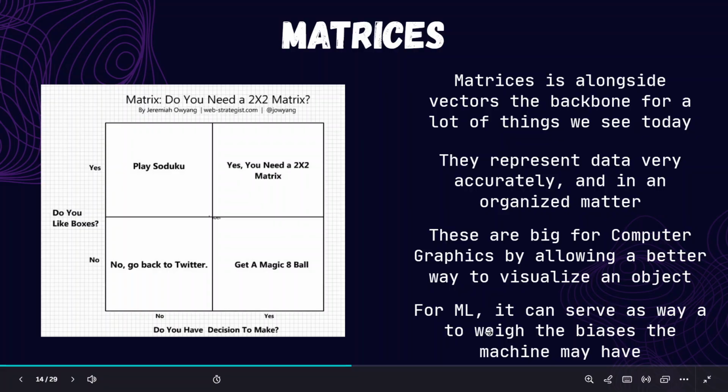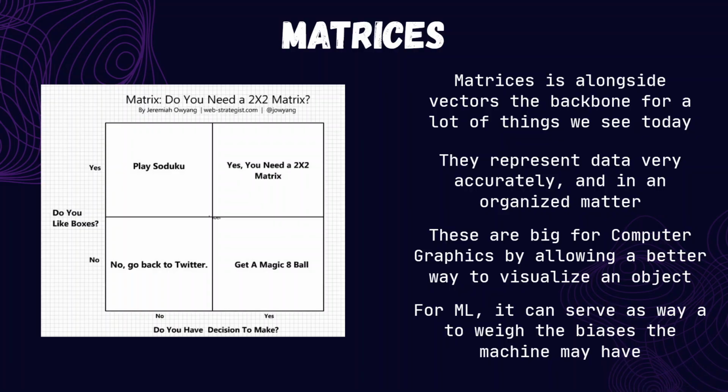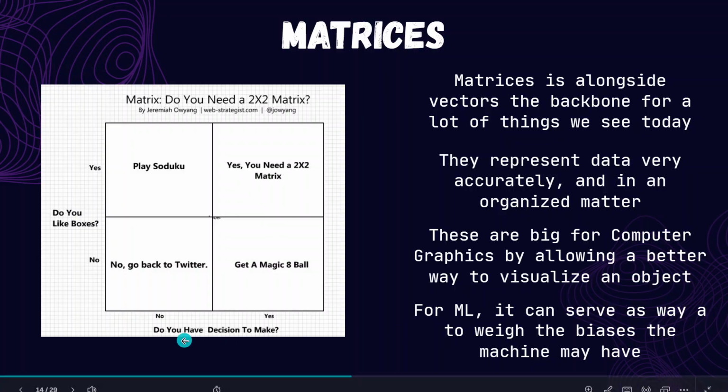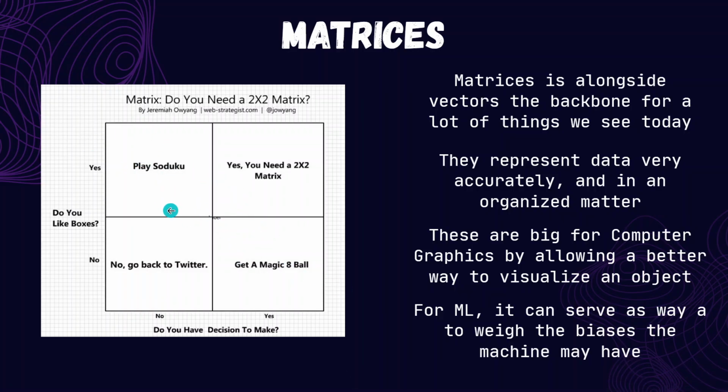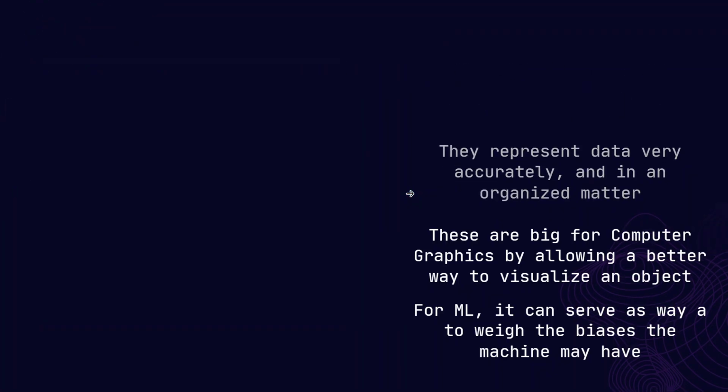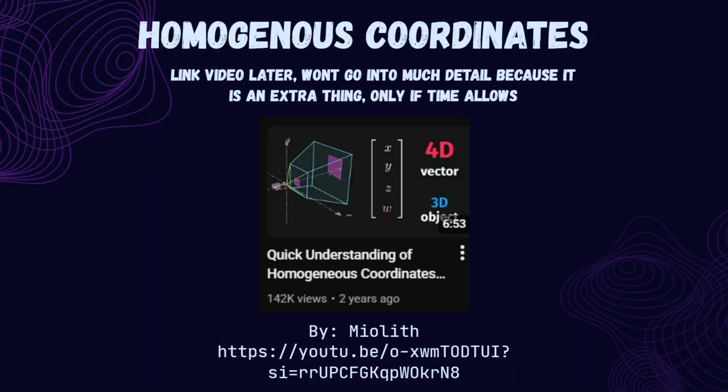For machine learning, it's also a great way to see what biases you can have on things, kind of like vectors, where it's a great way to see where you are placed on a thing, like are you placing the vector right there. And you can see this awesome image of why you need a 2 by 2 matrix. And one thing that I think this video explains really great about matrices